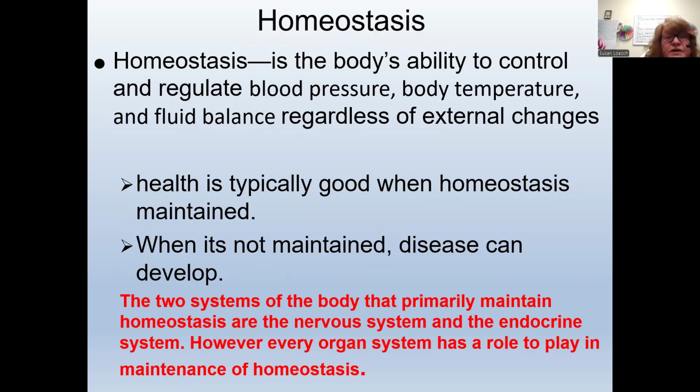Homeostasis is the body's ability to control and regulate things like your blood pressure, your body temperature, and your fluid. So when something's happening outside the body can help with this. So one way the body can help with homeostasis is, let's say you're walking across the Sahara Desert and all of a sudden you become thirsty. You don't have any water. So how is your body going to stop you from becoming dehydrated? So it will start to conserve things. So how does it conserve things? So first,